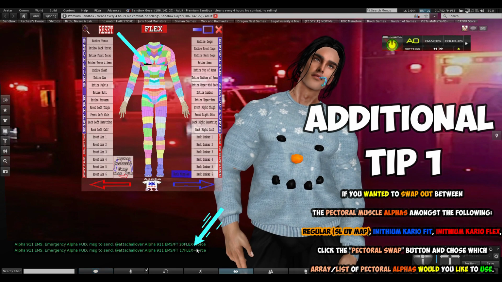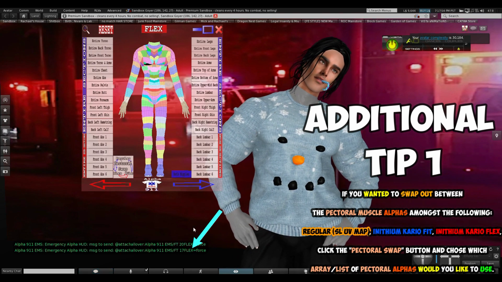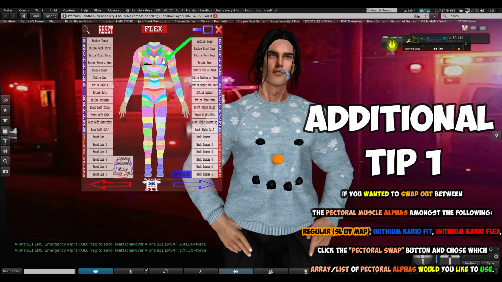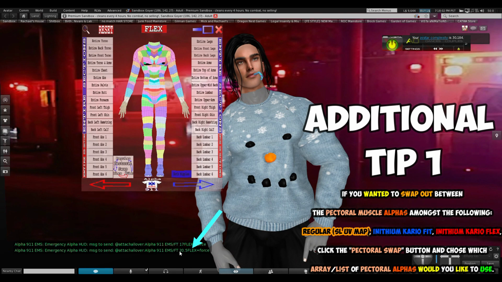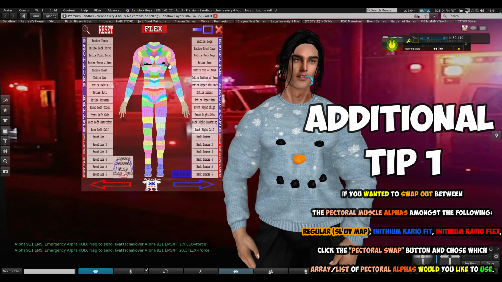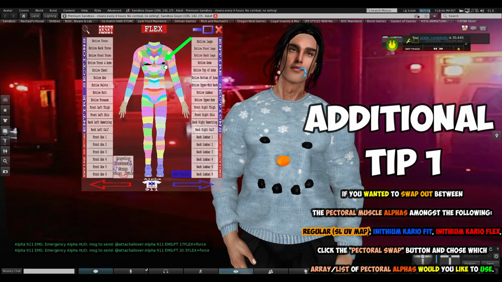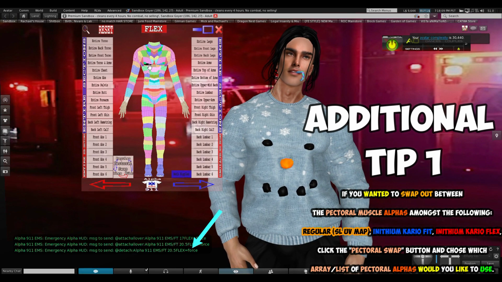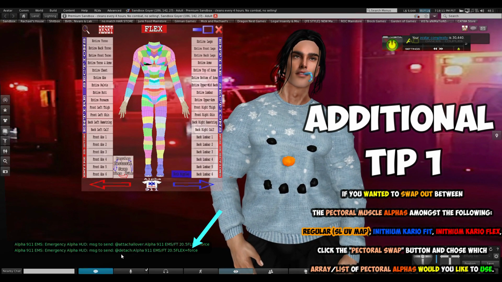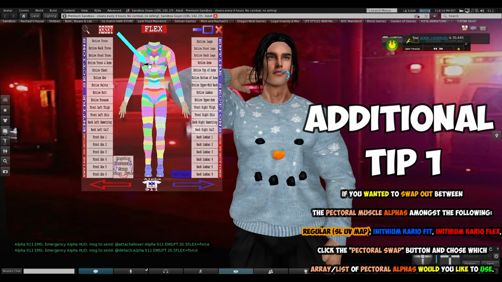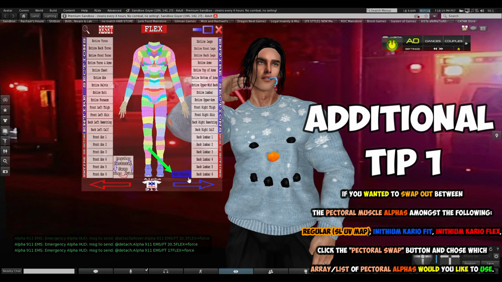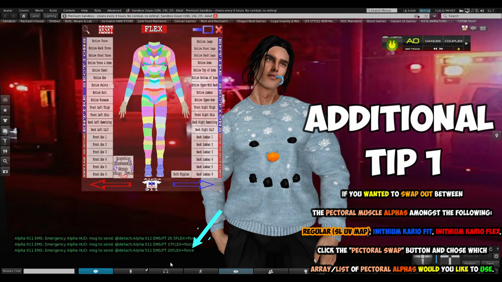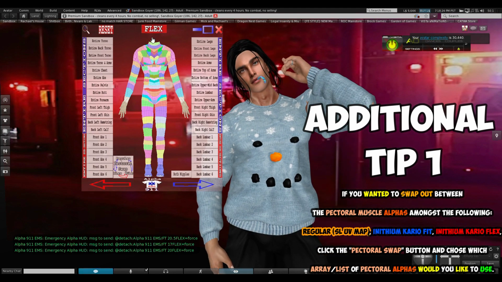Obviously you can't see my little sweater, but as you see here, this is the FT17 flex, right? And I click on, say, the nipple right here. It says FT 20.5 flex because it's the flex alpha for the pectoral muscle. And I deselect them here by clicking them again. It says detach FT 20.5 flex, and this one here is detach as well. It says on there FT 17 flex, and click both nipples here. This is FT 20 flex, okay?